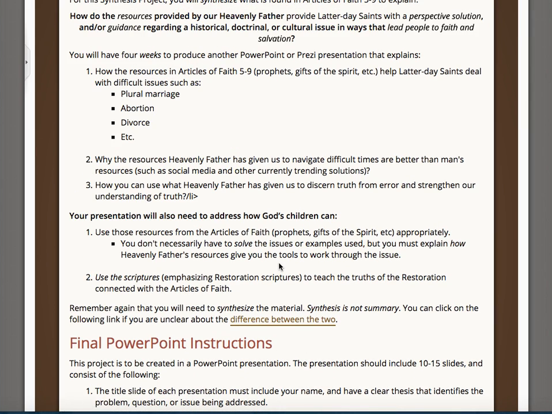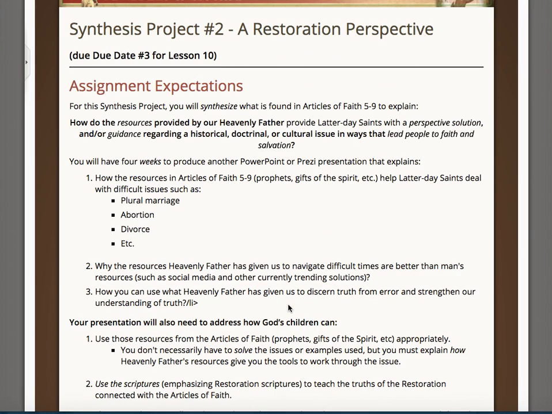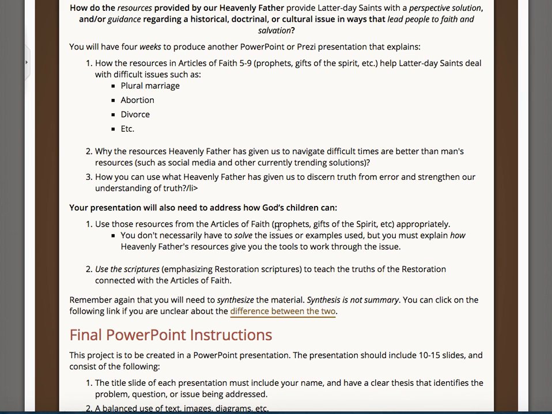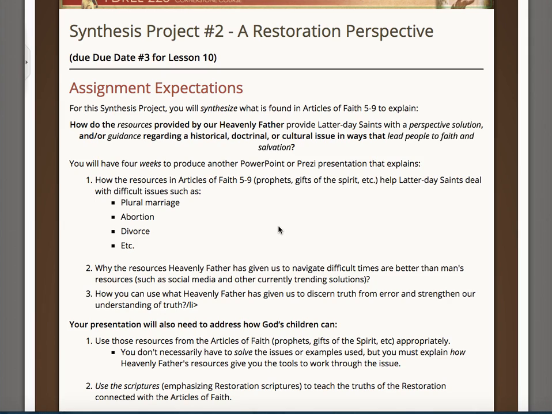Again, this is pretty simple and straightforward, but that's the perspective on how to put this presentation together. Keep it simple. Use some scriptures as you come along in your reading. Maybe build a slide or two a week. This should be okay to get you through it. About the same word number requirement, 10 slides plus or so, probably, for this one. If it's at least that, you're going to be fine.